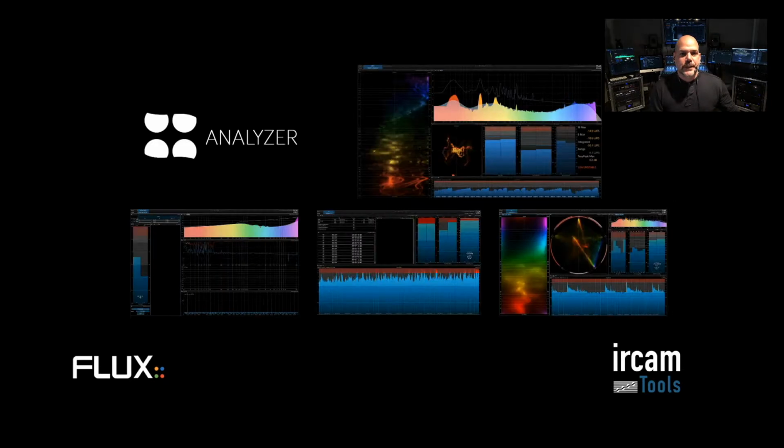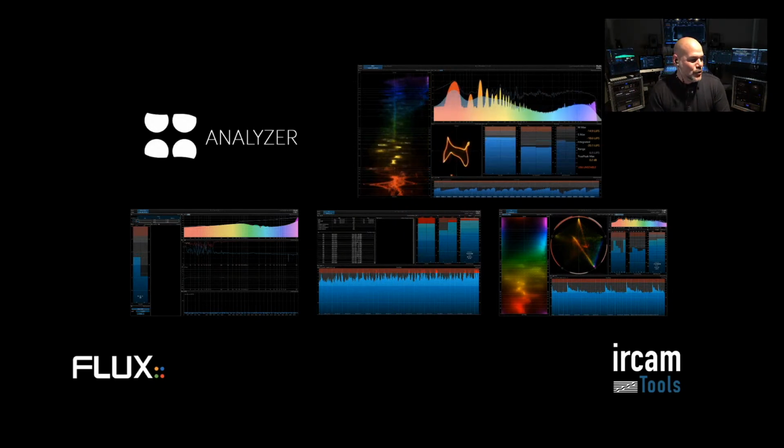Now, the Analyser, our lovely Flux Analyser. This one would deserve a lot more love. We wanted to do so much. The list of things to do on this one is huge. You already know about the fact that the Analyser is a multi-channel analyzer. We had this multi-channel module for a while. But now with Immersive, you can imagine how this can grow. But nonetheless, the Analyser did get some...